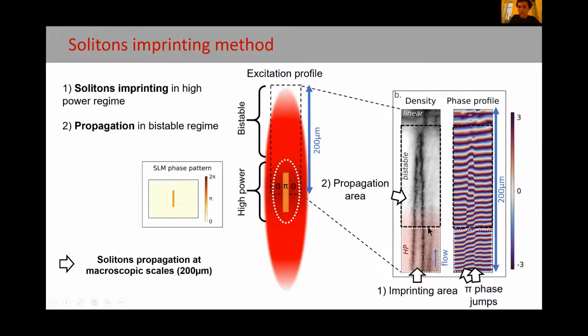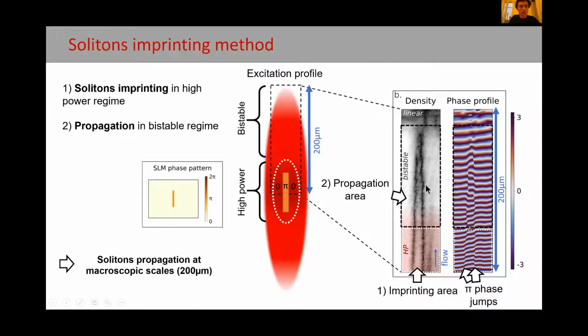So now we want this dark soliton pair to be able to propagate all along the fluid. So it is first necessary to release this part of the cavity from the phase constraint of the driving phase. So we put the outside area of the laser spot into the bistable regime, where the phase is free to evolve. Then we apply a supersonic flow in this direction. And as you can see now, the dark soliton pair propagates all along the flow, and this at a propagation distance of 200 microns, the size of the laser spot.